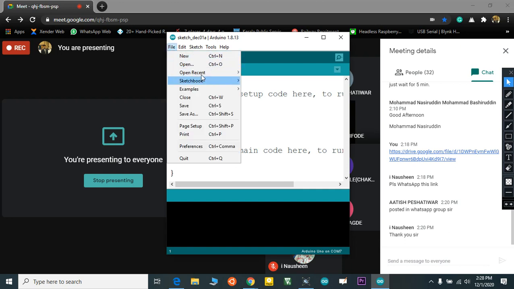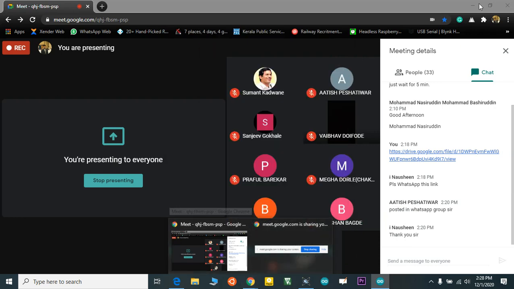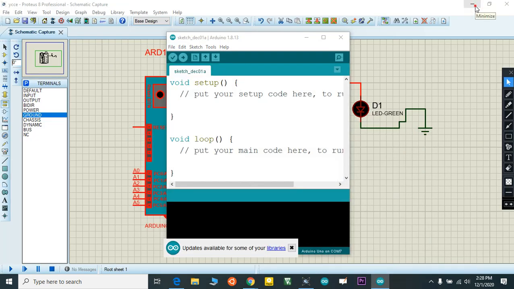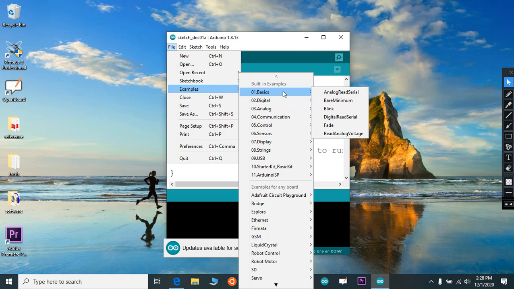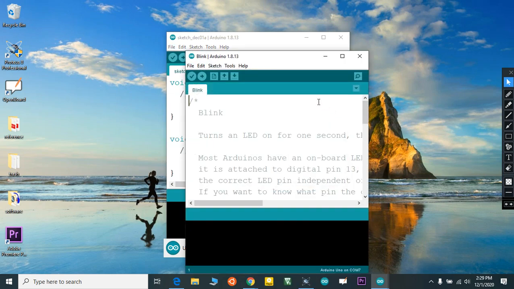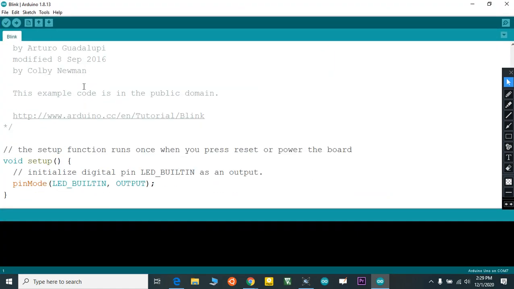So we need to just run sketchbooks. So it's a basic simple LED blinking program.